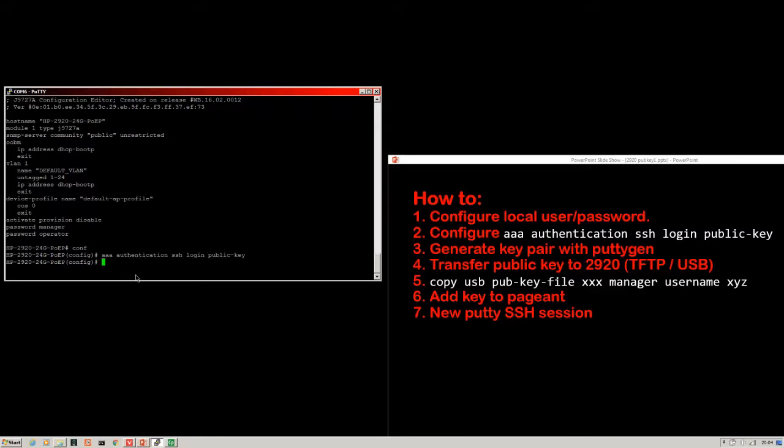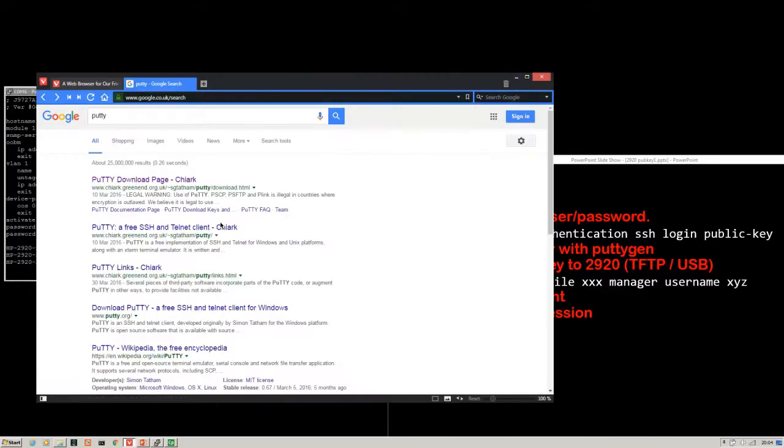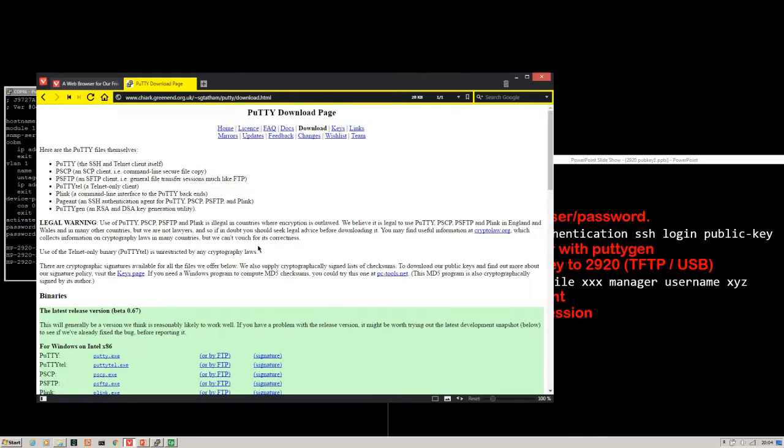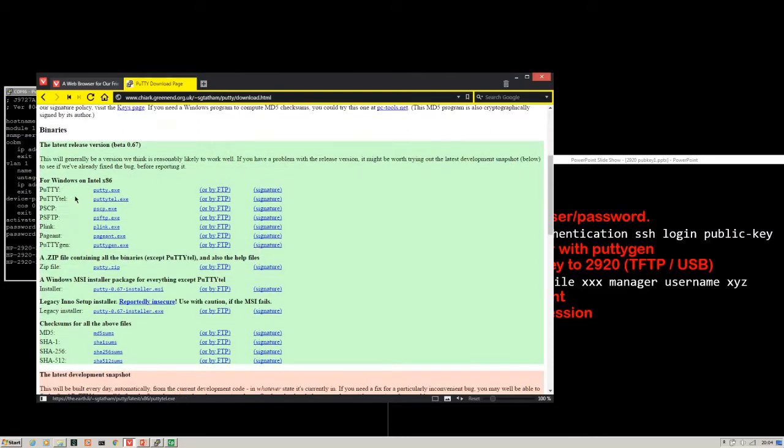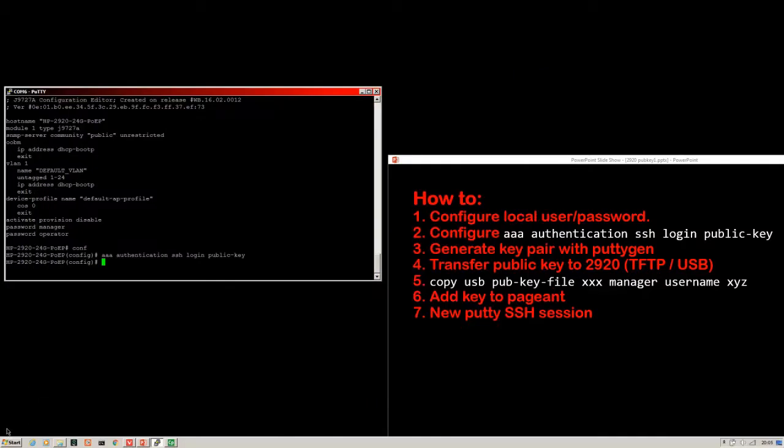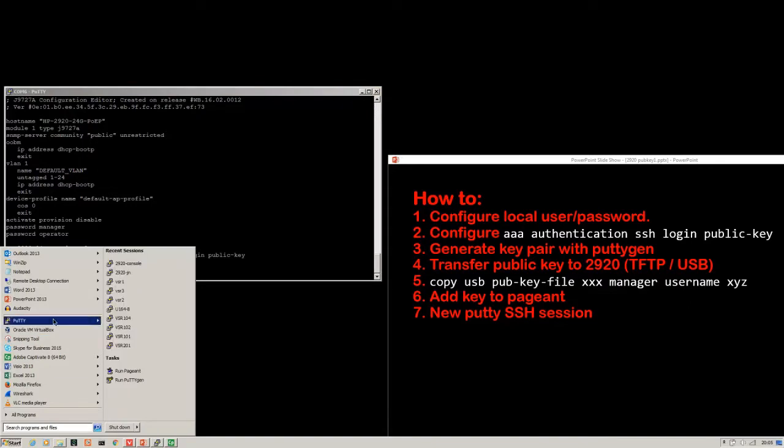As mentioned, I'm using PuTTY and its related applications. If you don't have that installed, just do a search on PuTTY in Google. You hit this download page, it's the top hit, and you want the suite rather than just PuTTY itself. If you're running Windows, there's this installer here which you can use. I've already got it installed, so I just open up PubKeyAuth,